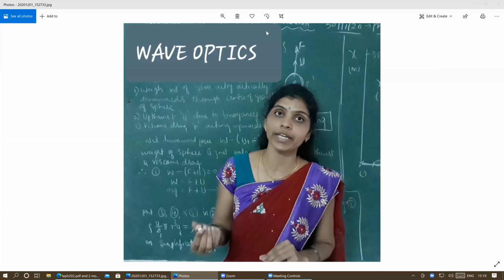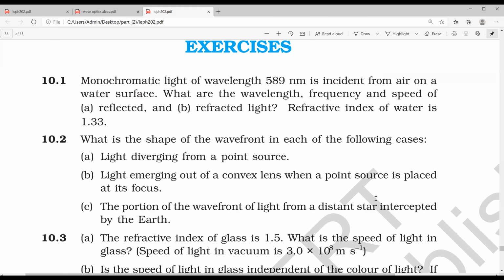Well, today in this session, we shall solve the problems based on the chapter Wave Optics. So, first we shall solve the exercise problem. The first question is like this. So, 10.1, what they ask the question is,